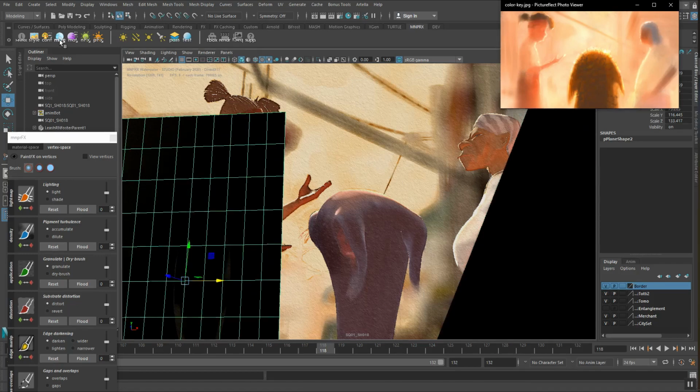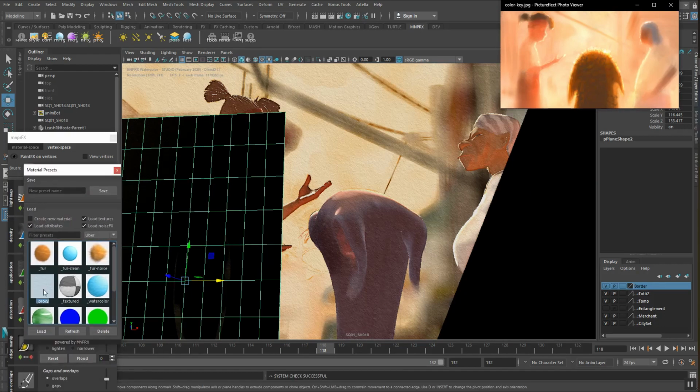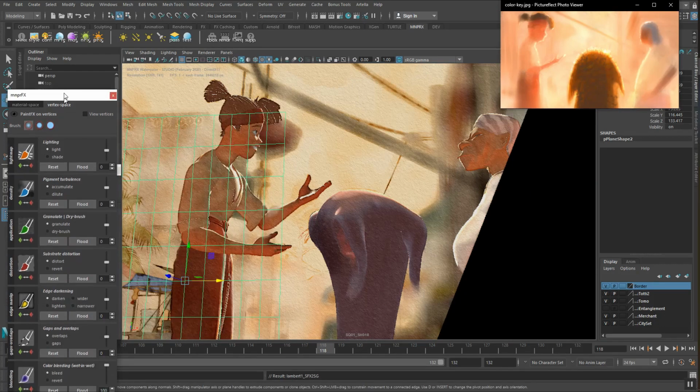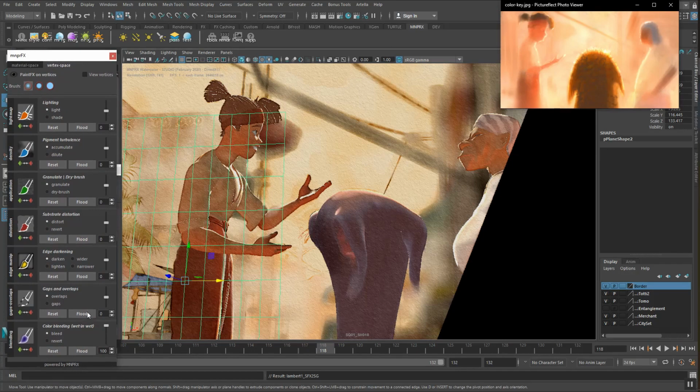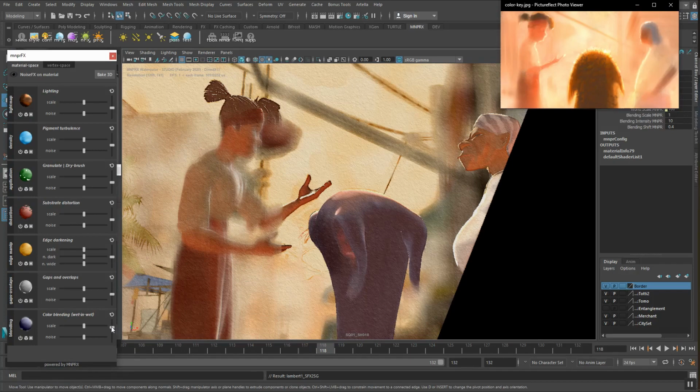So I'm gonna pick them up, open up the material presets and assign them as a proxy. And I can come here and add some color bleeding. I want some variation in the color bleeding, so I'm gonna use this, just bleed. Now, because we're using a plane and I want something that looks more like a circle, I'm gonna use a